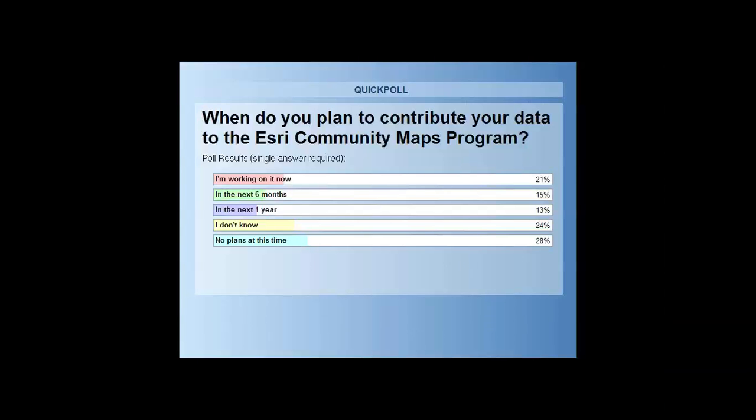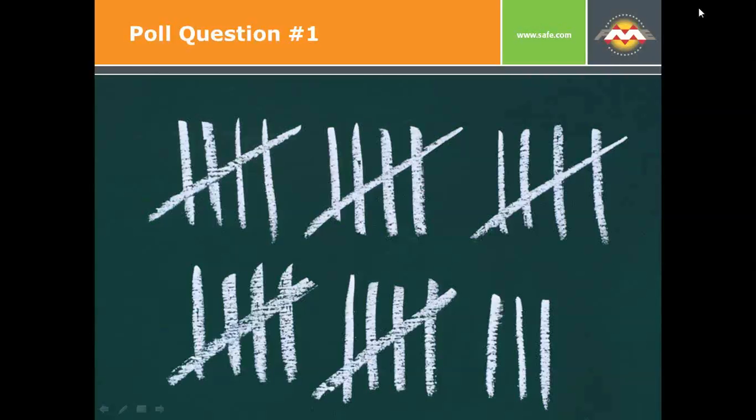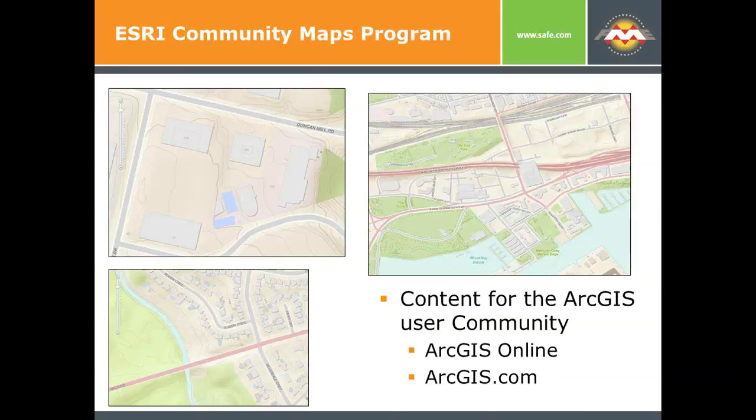So look at that. A fifth of you are actually actively working on it now. Another 15% are going to be in a very short time, and by the end of the year, let's see, if we add that up together, that would be 28 plus 21 would be 49. So not quite a majority of you are going to be going into this within a year, and yet some of you don't know. But hopefully by the end of today, you'll see that at least some part of that won't be too hard to deal with. So that's great. Thank you very much for letting us know where you're at with that. Yeah, it's a very interesting result, actually, and interesting to see how people are moving in that direction.